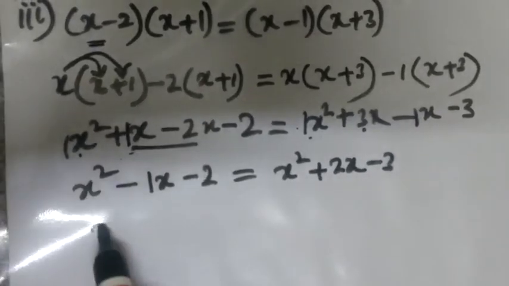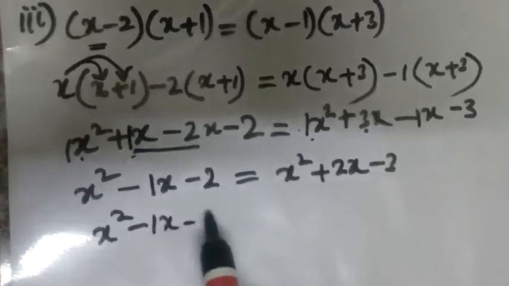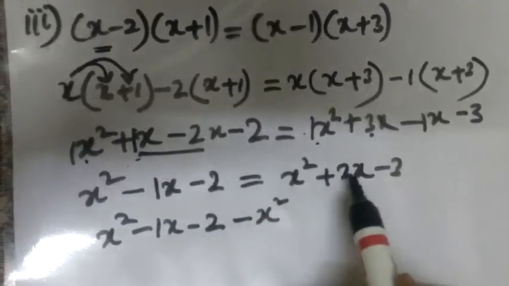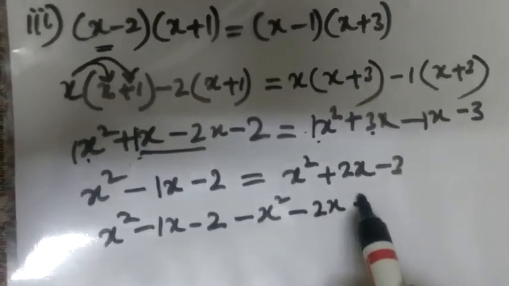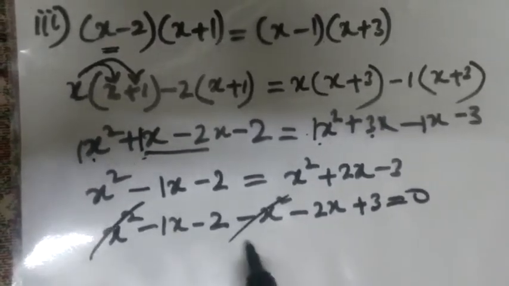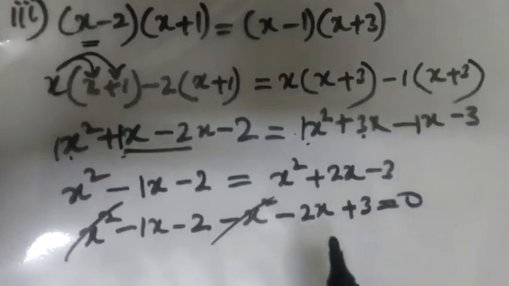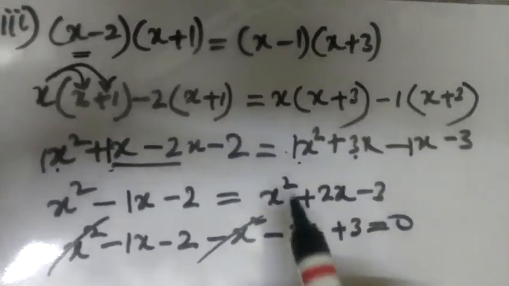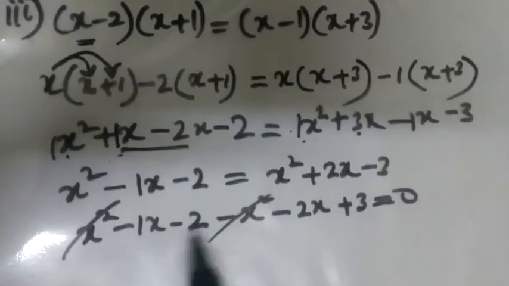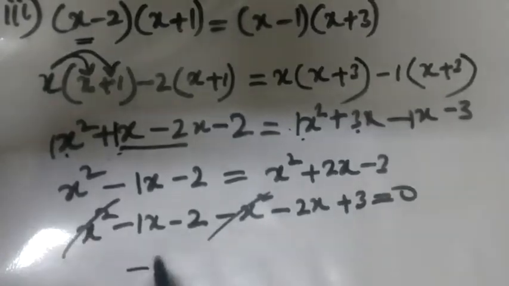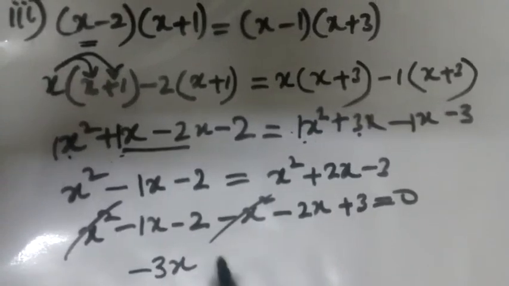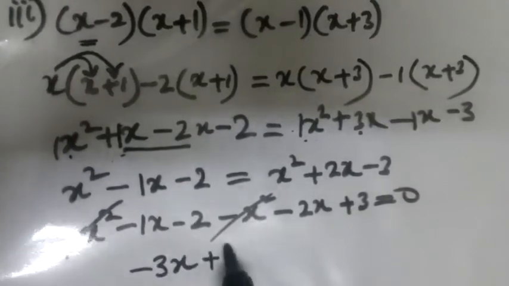Now I am going to transpose everything to my left hand side. I am writing my left hand side first, then I'll keep transposing. Plus x square will become minus, plus 2x will become minus 2x, minus 3 will become plus 3. Now on calculation, plus x square minus x square got cancelled. So when there is no degree of 2, it means that the given question is not forming a quadratic equation. Still we will write down or collect all the like terms together. This is minus 3x. How? Negative 1, negative 2, it is 3x. 3 minus 2, 1, with the bigger number's sign, 1.